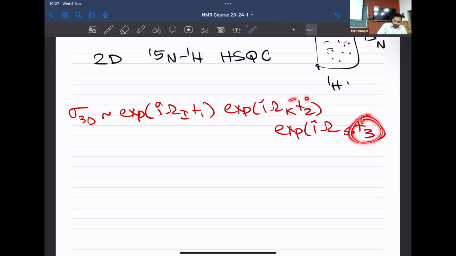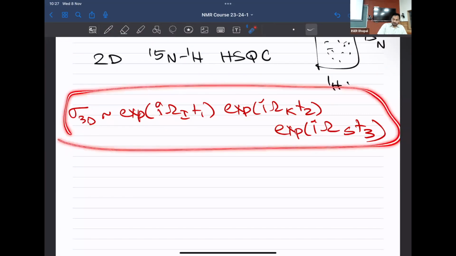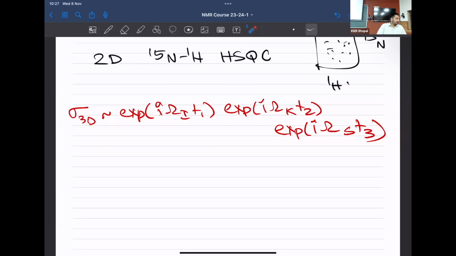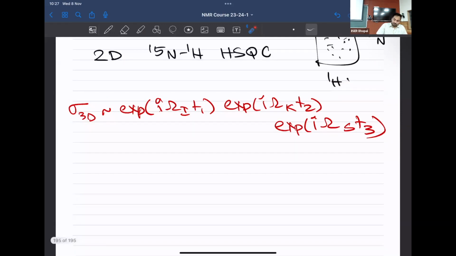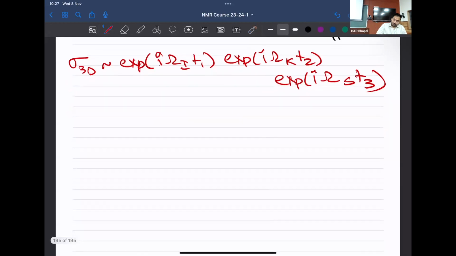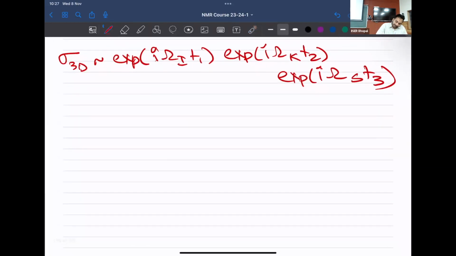where you have 3 time domains, and each time domain has a specific chemical shift. I'm just taking an example of chemical shift, but you could always encode other things like scalar coupling, and we will see how distances can also be encoded. That'll be one of the last parts of this lecture, right? So from 2D, you are able to realize how one could go towards 3D, right? Okay, with that being the case, let's move ahead and understand a little bit of the overall architecture